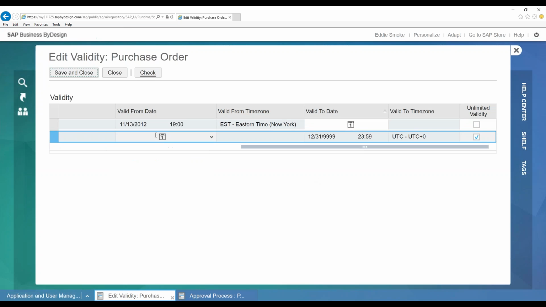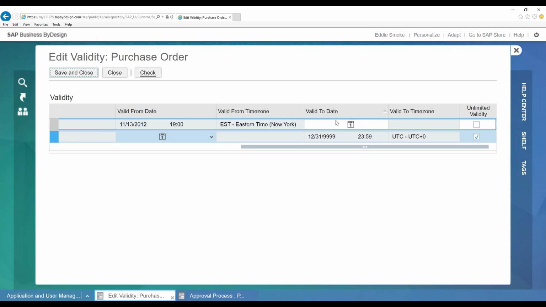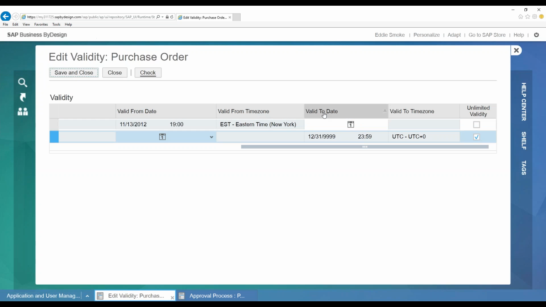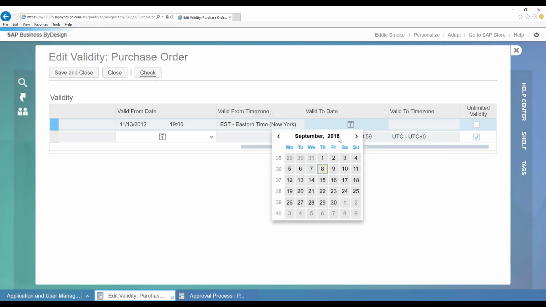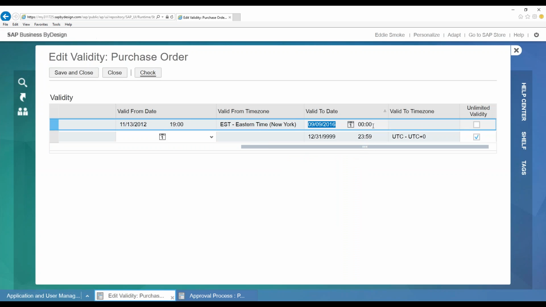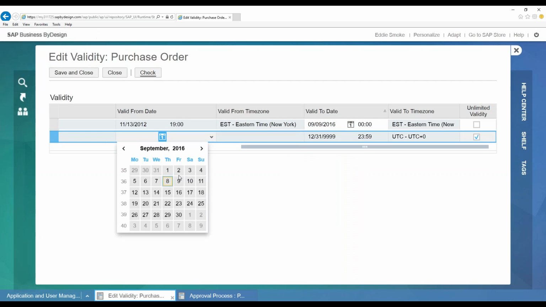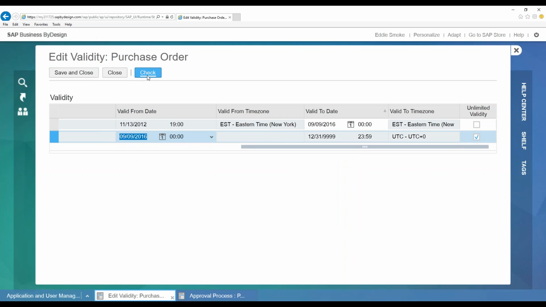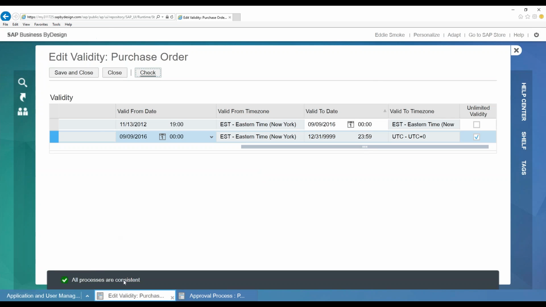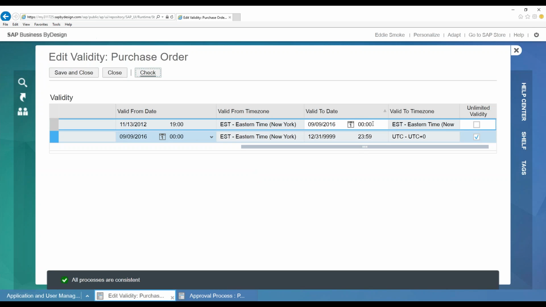So the time for my validity date from and my validity date to are going to be the same because I want my old one to end at the same time as my new one starts. So in this case, what I would do is just say, okay, well, let's do the beginning of the day tomorrow. And I would just go ahead and check this. So you're going to see all processes are consistent. If I change this,